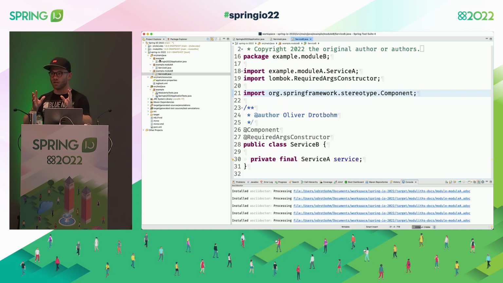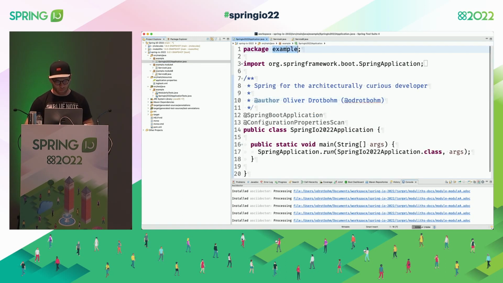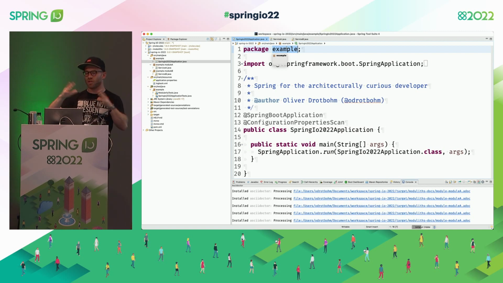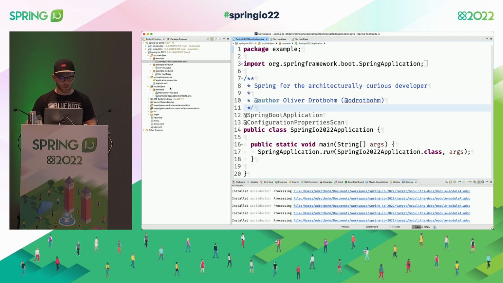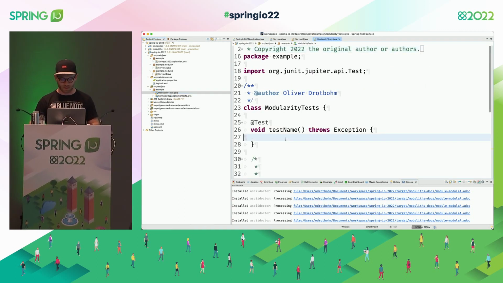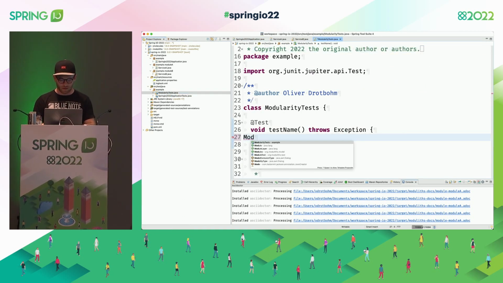We have our Spring Boot base package, where the Spring Boot application class lives. Here is the example package, and we use the direct child packages to scope some logic in the first place. Let's see what we can do with that later on. But we could run this. I have a test, and I want to just plug a bit of code in here,